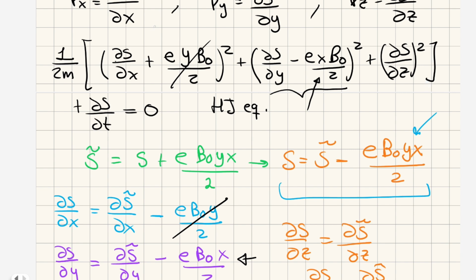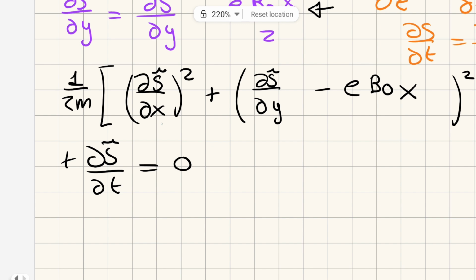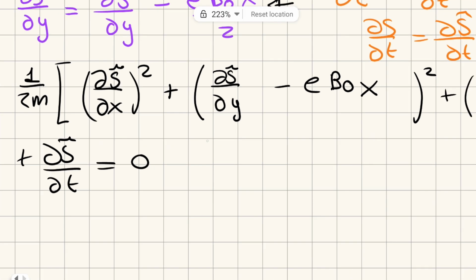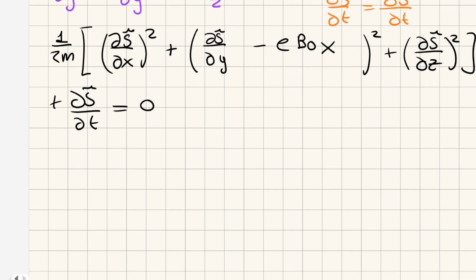And then here we have the derivative with respect to x and a function of y. But in this case, here we only have the derivative with respect to x of some function, and here is where we have again the derivative with respect to y of that function and a function of x. So this thing has changed and now is easier,